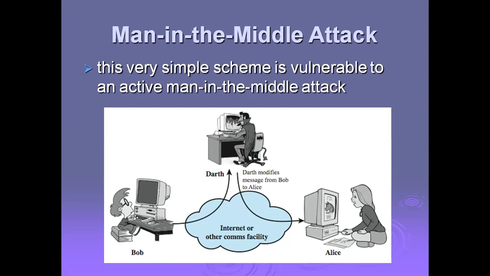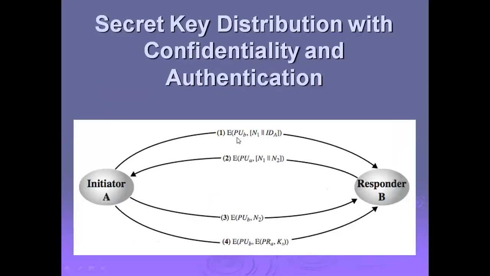Basically, for any communication we require only two parties, sender and receiver. But here a third party may also enter in the middle, that is nothing but Darth. Darth modifies the message from Bob to Alice. This is called a man in the middle attack. Next, we see secret key distribution with confidentiality and authentication. In order to avoid man in the middle attacks, we go for this secret key distribution